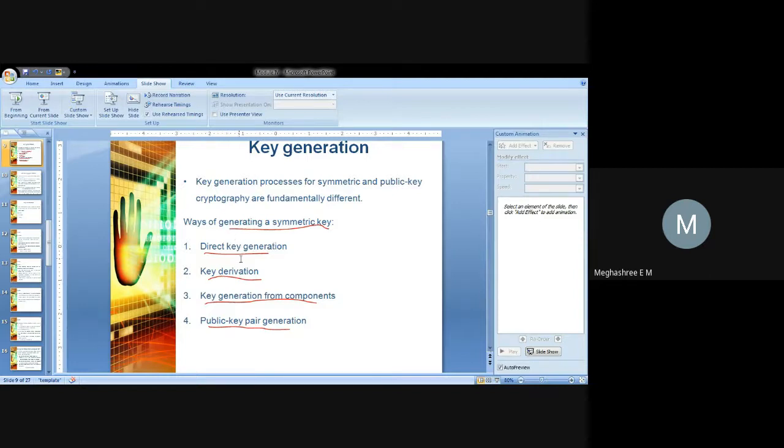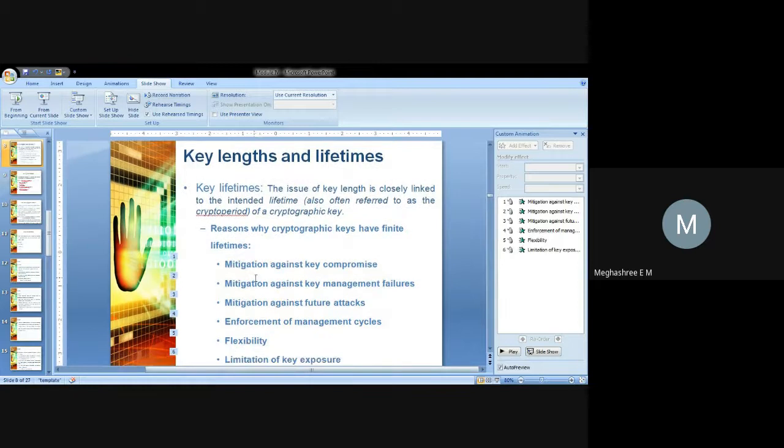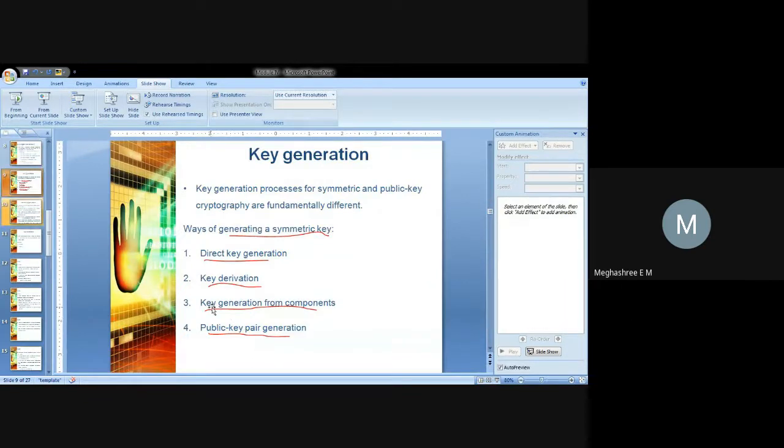These two methods we studied in the last class. So today we'll see the next two methods, that is key generation from components and public key pair generation. Let me directly go to key generation from components.